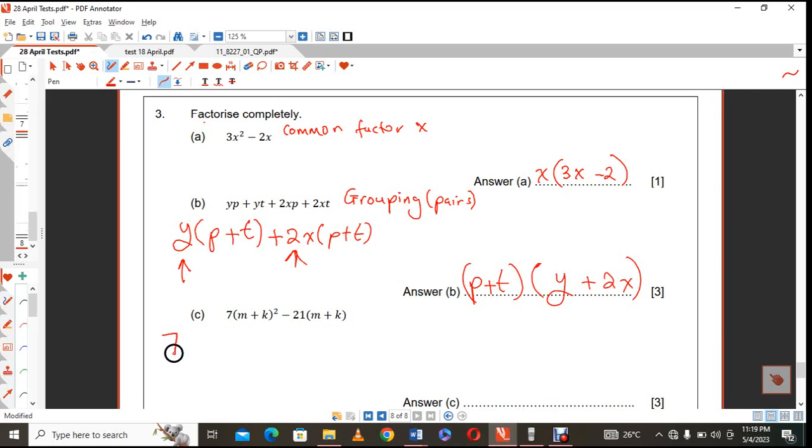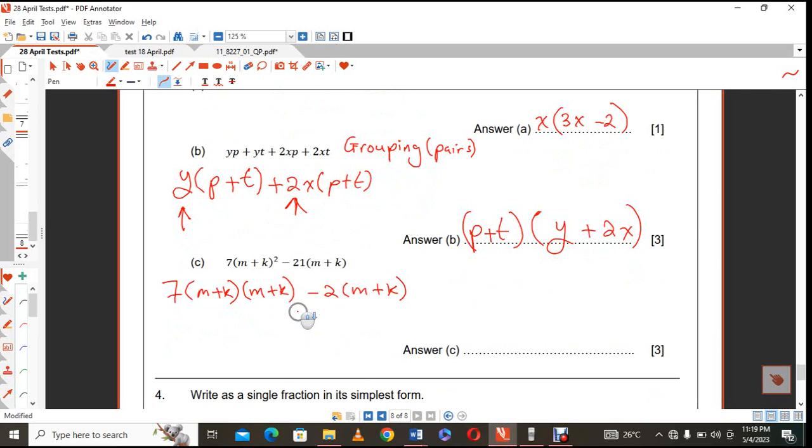This one, as I said, is juicy. Maybe I'm just going to write down what it is. So this m plus k, please do not multiply the 7 over here. Don't do that first, okay? So what I have now is something that is common to both. And what is common to both, this is a 21, is the m plus k. So I'm going to write the m plus k on its own. In fact, it's what's going to be appearing there. All right, so I'm going to have, let's just bring it in nicely, m plus k